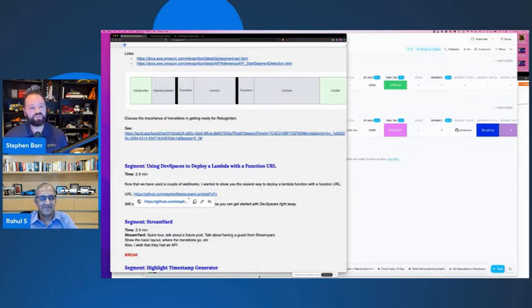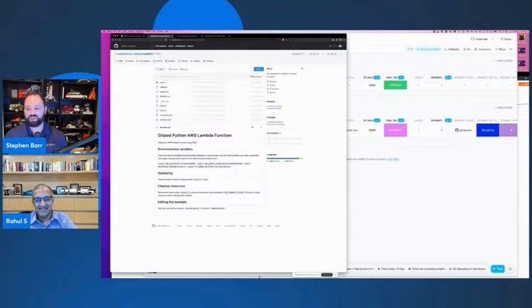Now, Lambda's been around for a long time, but making it public used to involve API Gateway and dealing with CORS, and it was a bit more involved. Don't forget IAM. There's tons of stuff to deal with around IAM. So luckily, there's now a cool thing called Lambda function URLs, and the idea is that you can